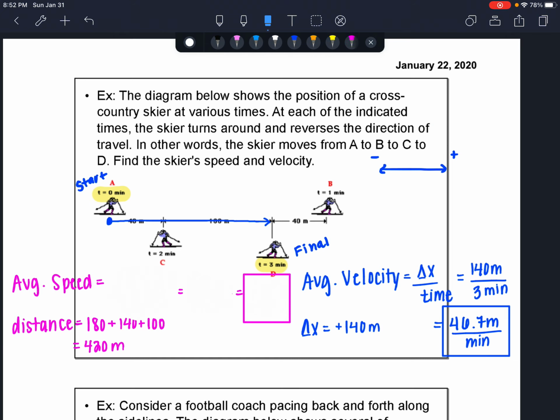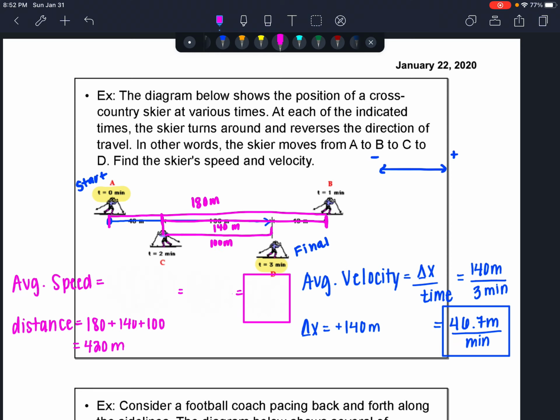But it went a total of 180 meters, and I'll color code that, because we started here at point A and ended at point B. So this length is 180 meters. And then we went from point B to point C, and that length is a total of 140 meters. And then finally, the skier went from point C to point D, and that length is a total of 100